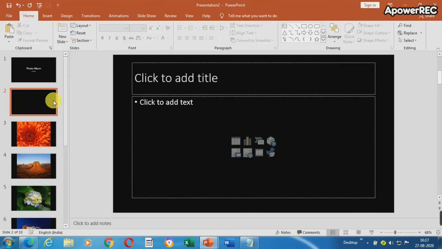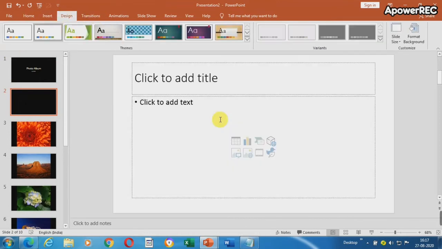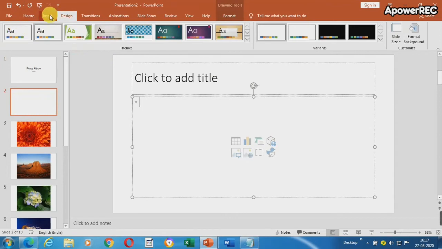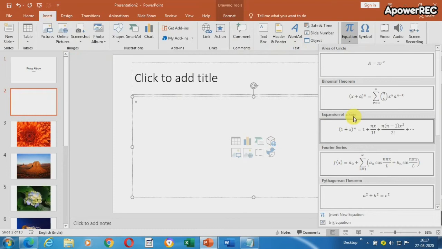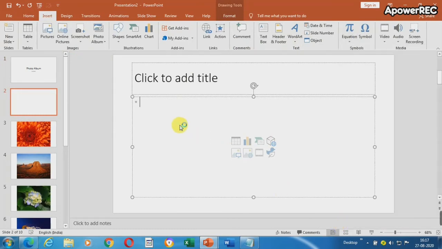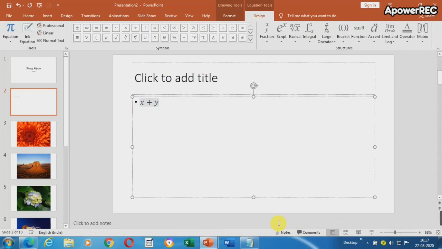You can observe there is an ink equation option. So now go to the insert option, go to the equation option, then ink equation option, and when you write something, it will appear here in this format. You can insert it in your drawing.